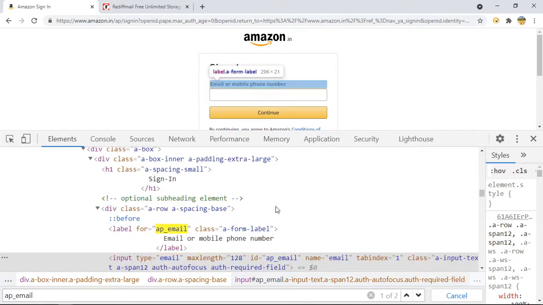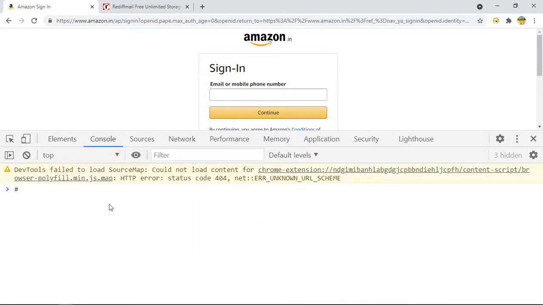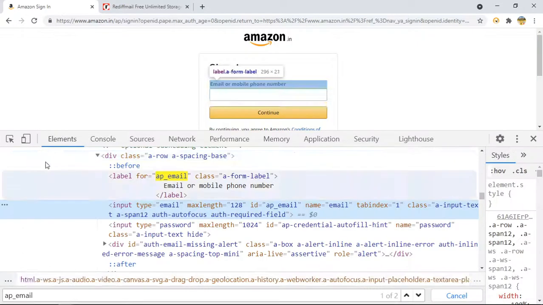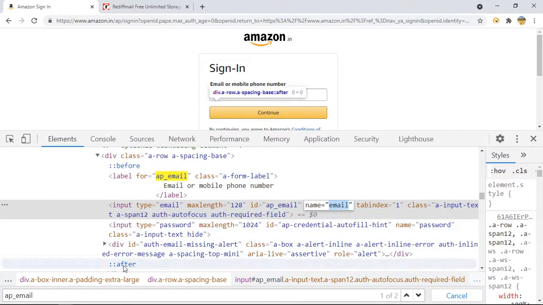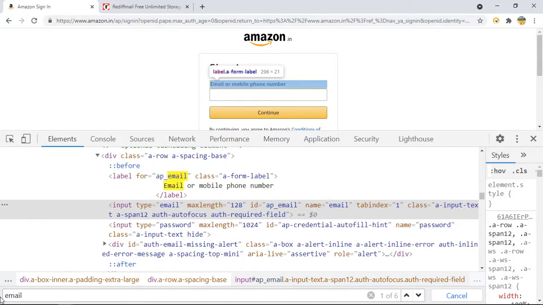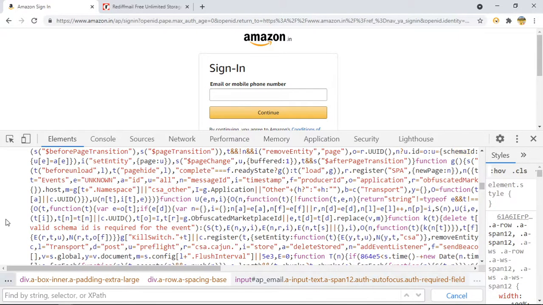So if I'm even writing this, it is highlighting the text. So you cannot say that it is a CSS, because if you check it here, double dollar for CSS, and if I say this, you can see it is not returning anything, which means it is not a CSS. If you provide hash, then it will identify the element. So do not think that if you take any name here, it will surely highlight because this text is present, but that will not be a CSS. Anyway, you can check that from the console.